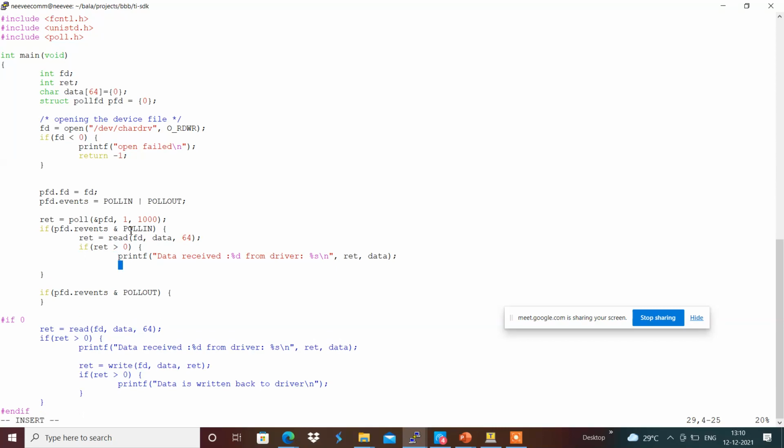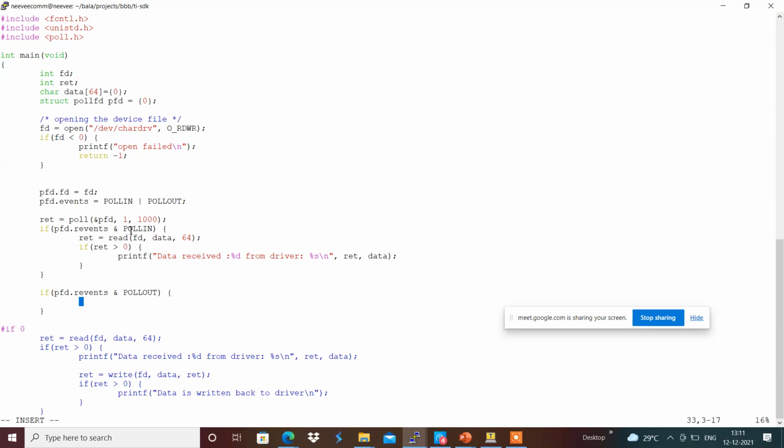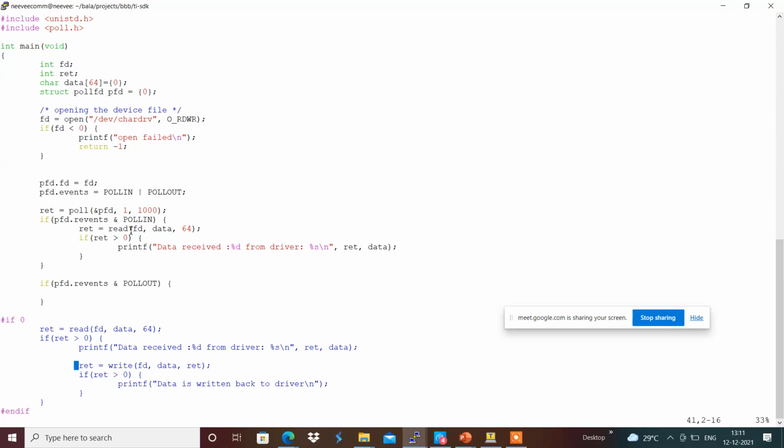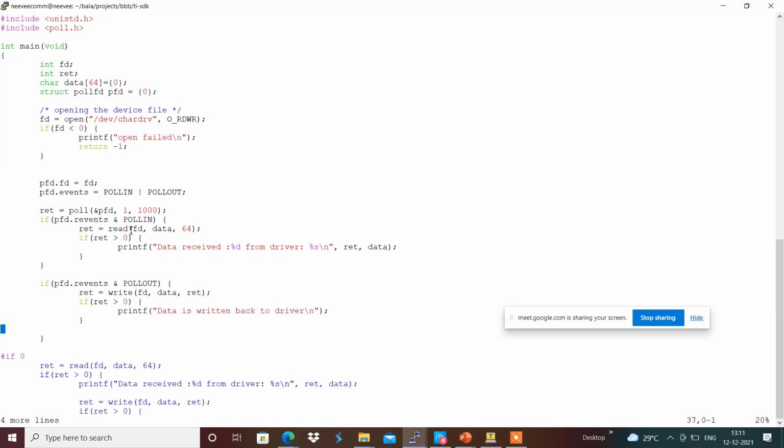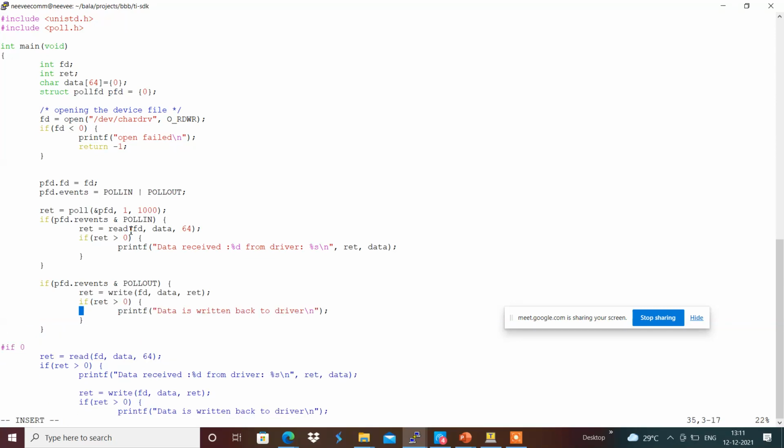In case a POLLOUT event is present, we can write the data into the driver, and we can provide the data as something like Hariharan, maybe, or testing is the data that we will be providing accordingly over here.